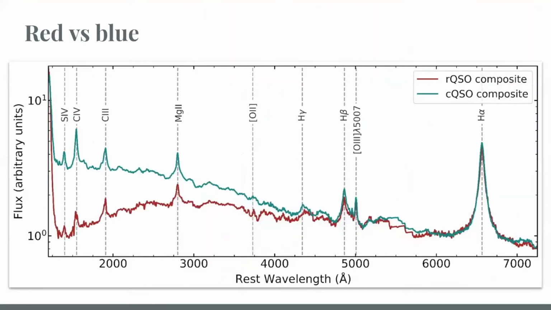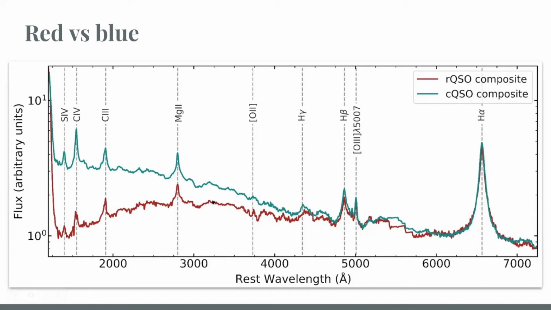So directly comparing the two composites we have, and again normalizing to H alpha, what's immediately clear is that the red composite appears to be consistent with the control plus some amount of dust reddening that causes this difference in the shape. You can also see that, as expected from a dust reddened system, the optical lines are more diminished